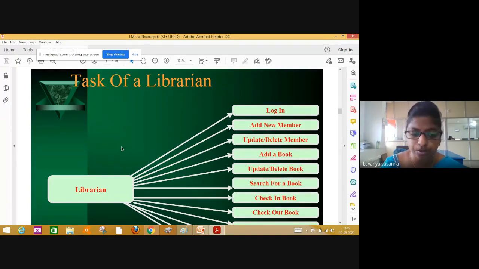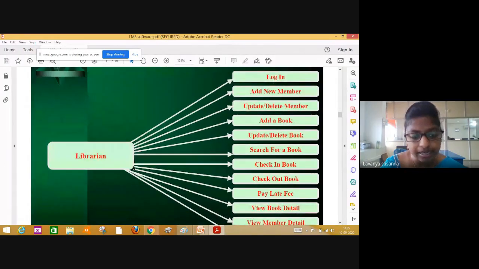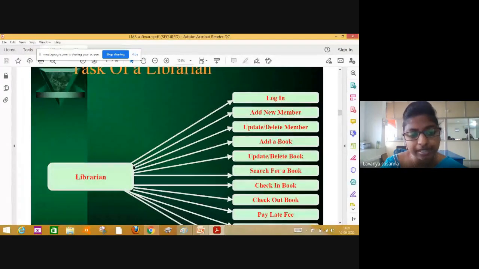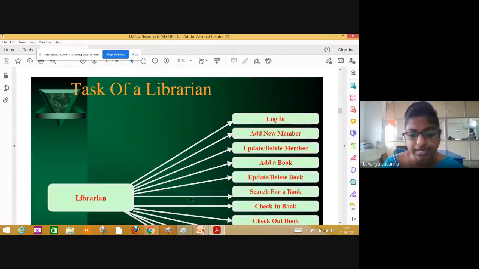Faculty can also request a book and return a book. If time is exceeded and there is a due date, then they have to pay some amount, right? All these things will happen online only. This is an online library management system.